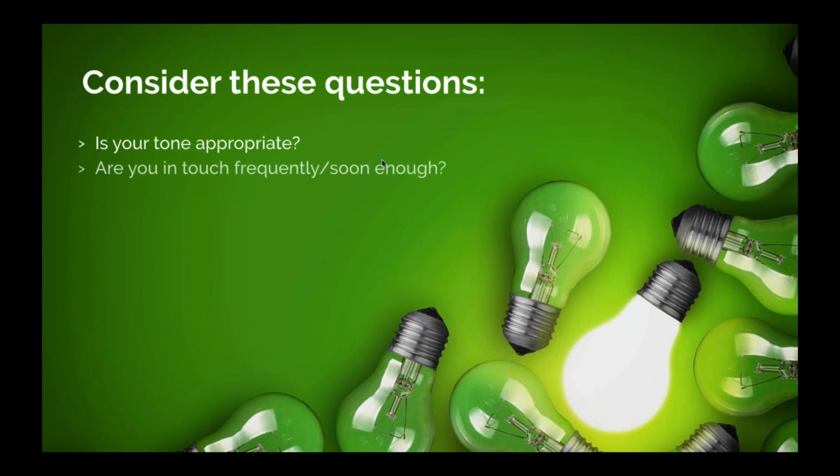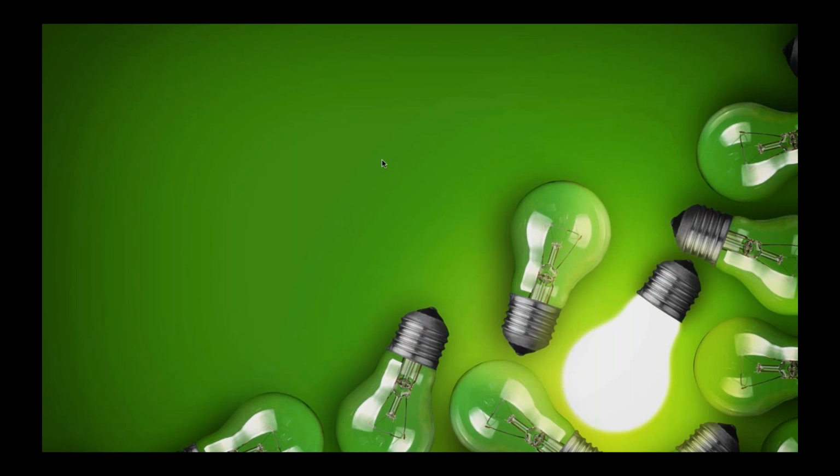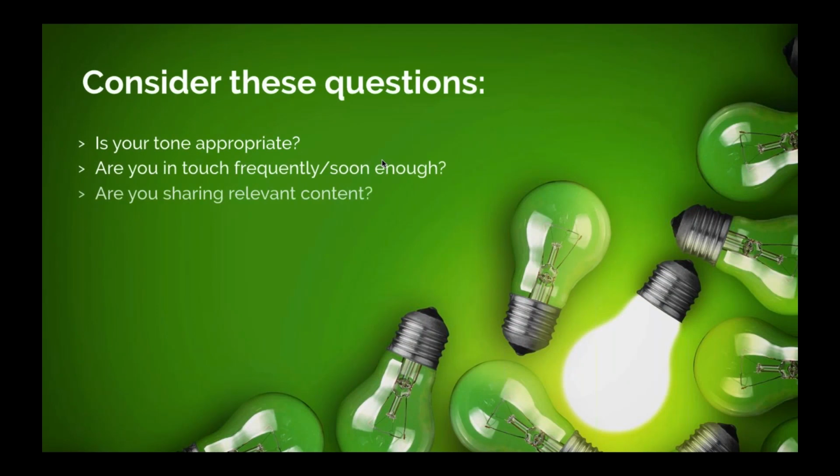So when we're reviewing communication throughout the candidate journey, consider these questions coming up in a moment. Is your tone appropriate? Are you conveying your brand personality through your communication? Perhaps ask your marketing department to cast their eyes over your communication templates and see what they think. Are you in touch